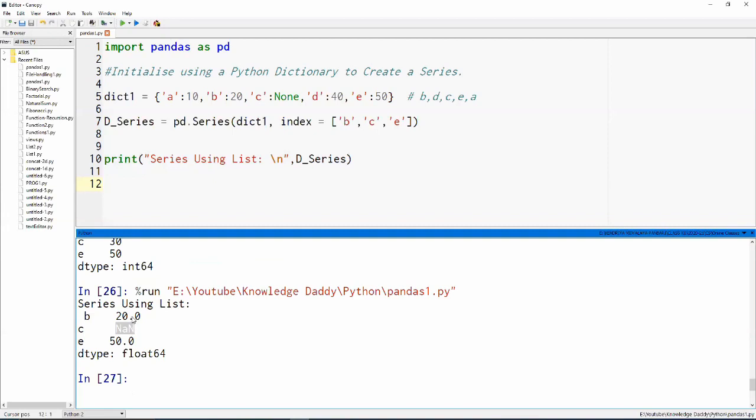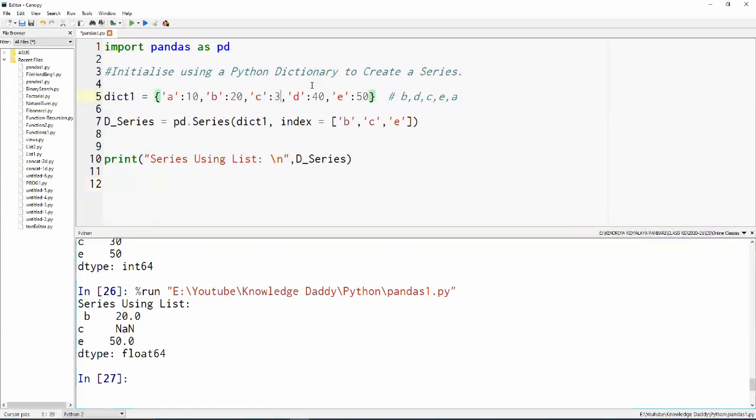So it will convert 20 into 20.0, and 50 into 50.0, and the complete series will be of the data type float 64 now. Good. Now there can be other ways of introducing this None value as well.